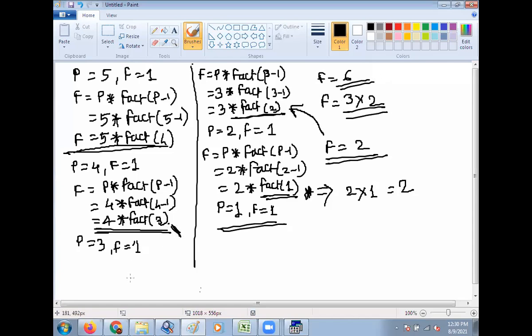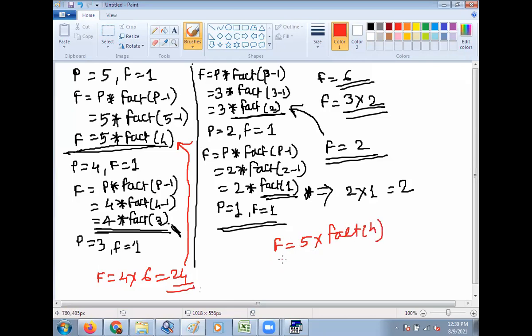So this 6 value is from f of 3. Then you will get f is equal to 4 into 6. You will get 24. This is the value of f of 4. So next you will get f is equal to 5 into fact of 4. Fact of 4 is equal to 24.